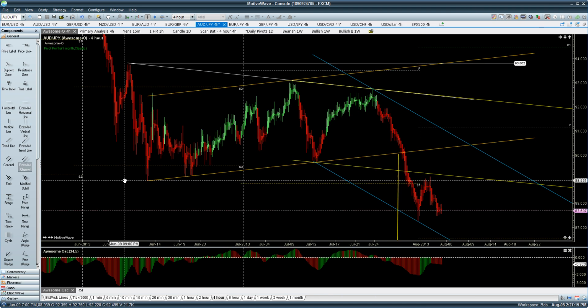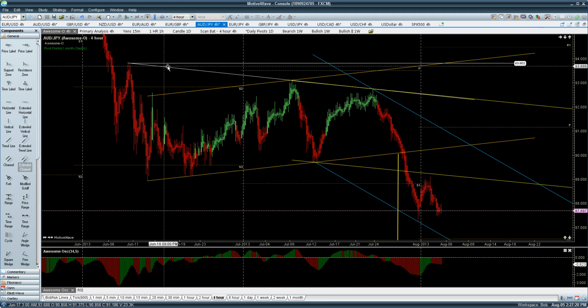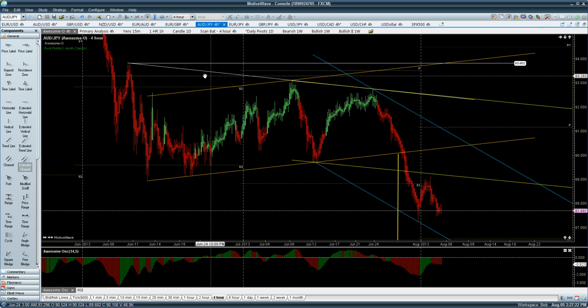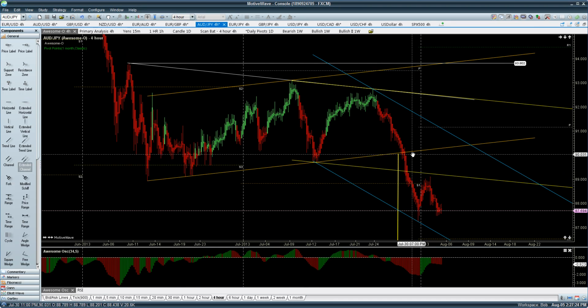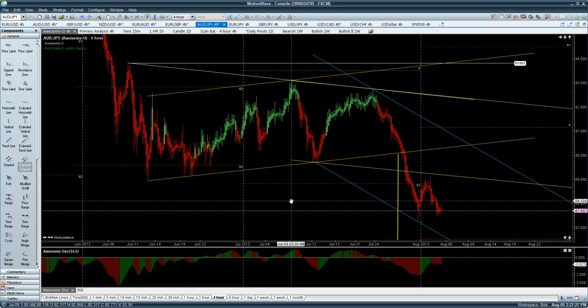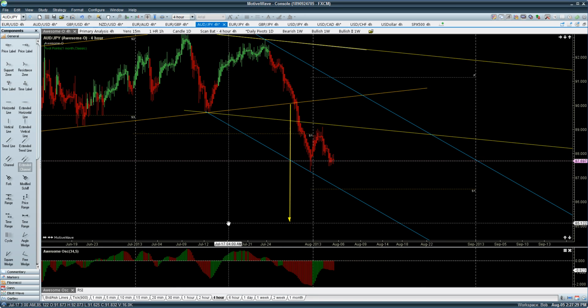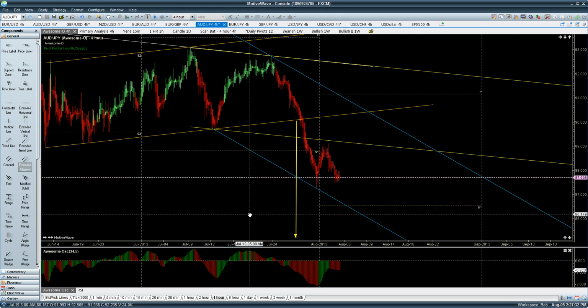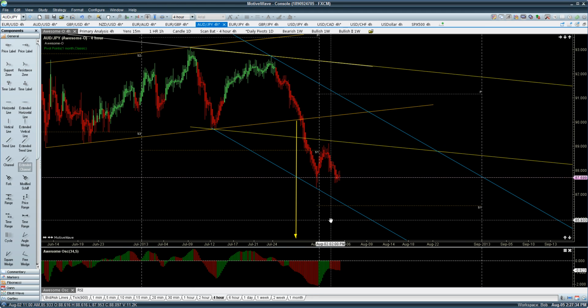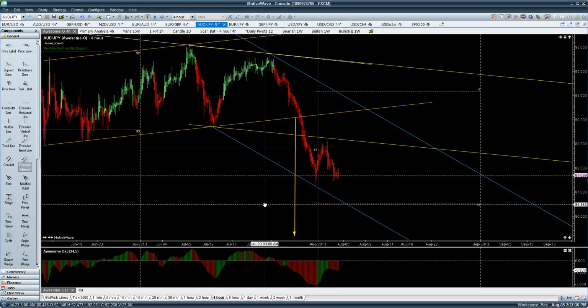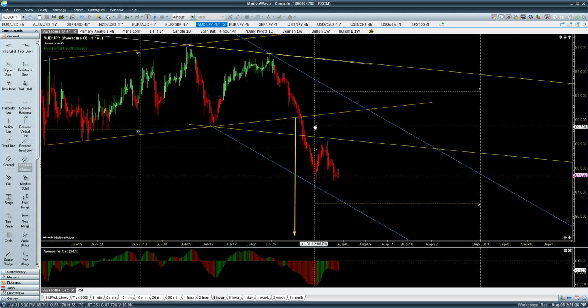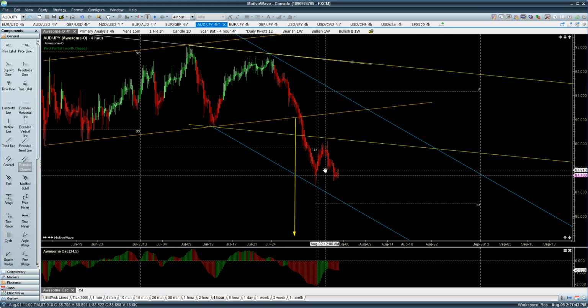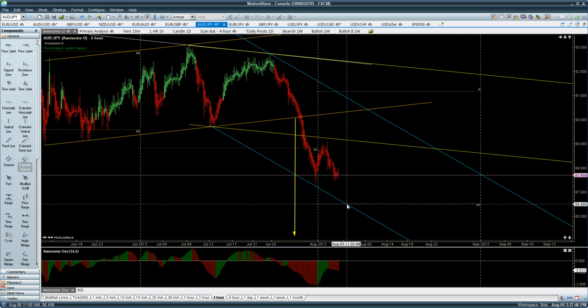This triangle, measuring from the widest part, as you can see, this white line here, the yellow line here, create a pretty nice triangle. Measures down to 85, so that's where I'll be looking. We did have a saucer here that triggered here, which target is probably around the S1. I didn't throw it on there.